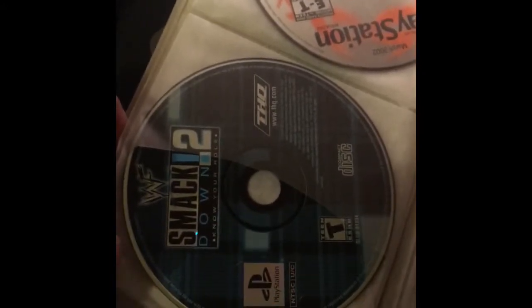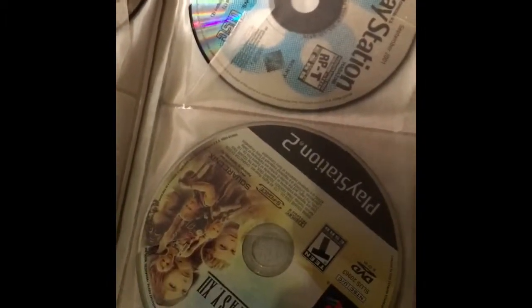Another PlayStation demo game. And these are very classic. I don't remember getting these because I didn't have the PlayStation 1. And I remember getting some for the PlayStation 2, but not as often. SmackDown 2, one of the very first WWF games that came out. Many more demo games. Final Fantasy,